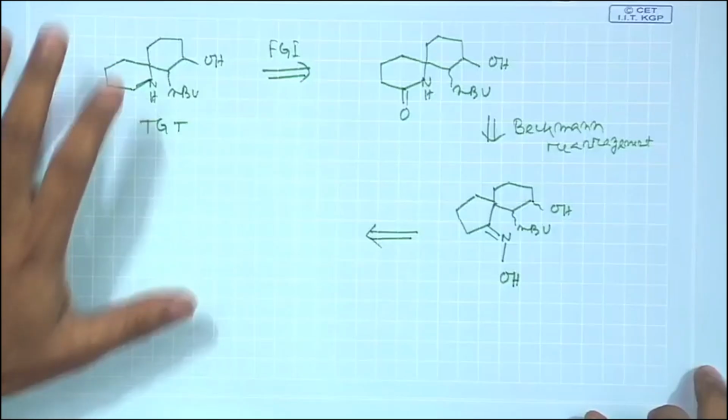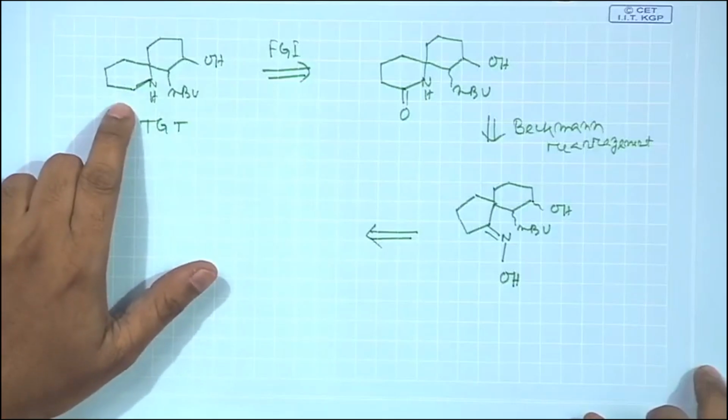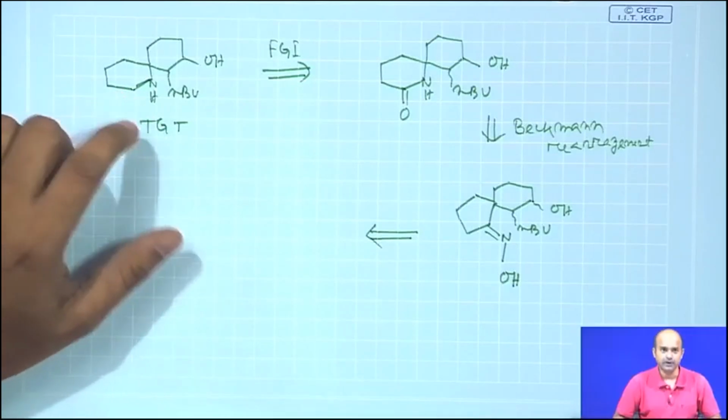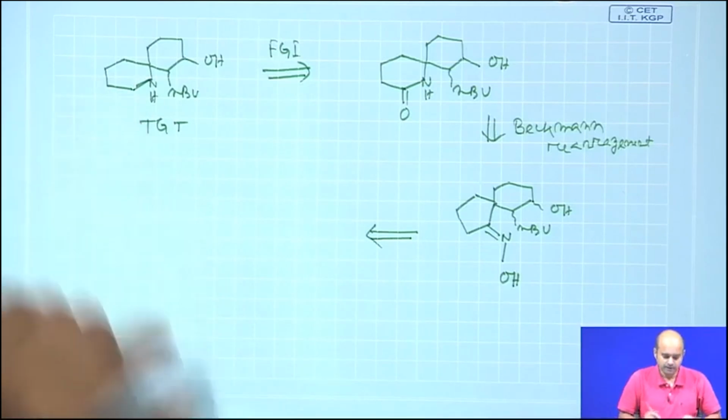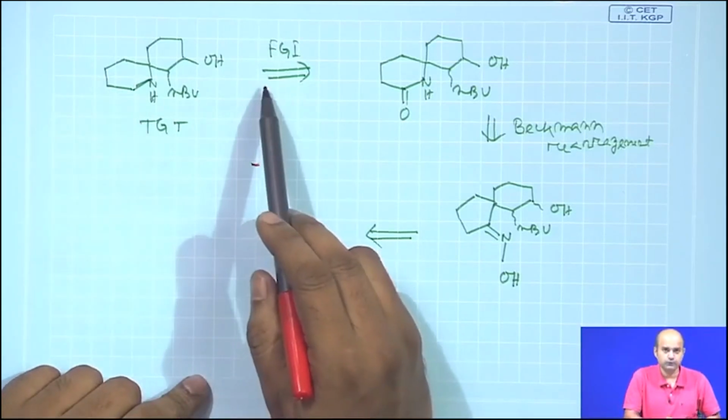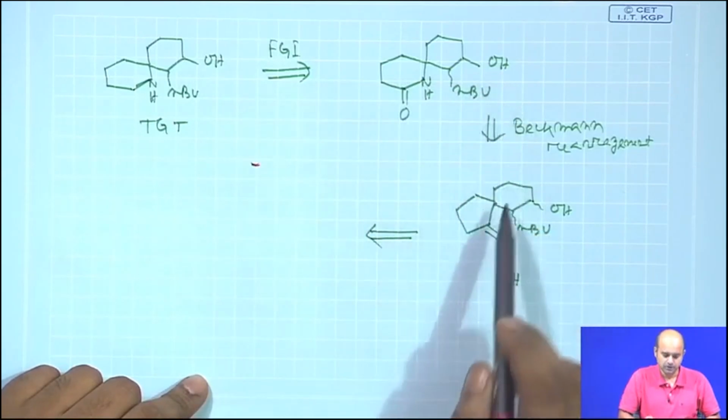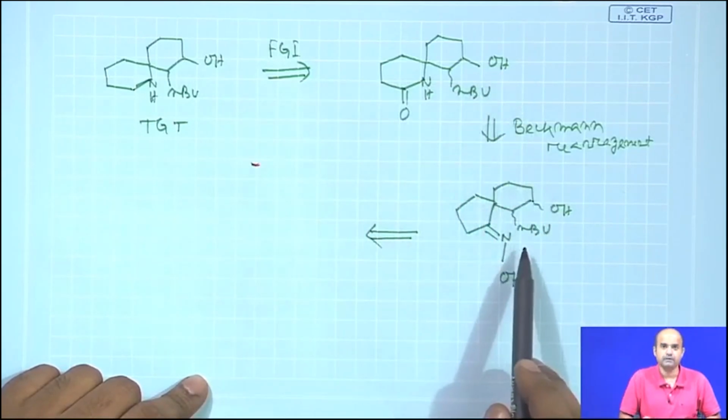Okay students, welcome back. In the last lecture I gave you a problem based on a spirocyclic compound, and I said this is one of the intermediates for a natural product which is isolated from a South American frog. Now, if you see the retro which was discussed in the last lecture, we come back to this Beckmann rearrangement